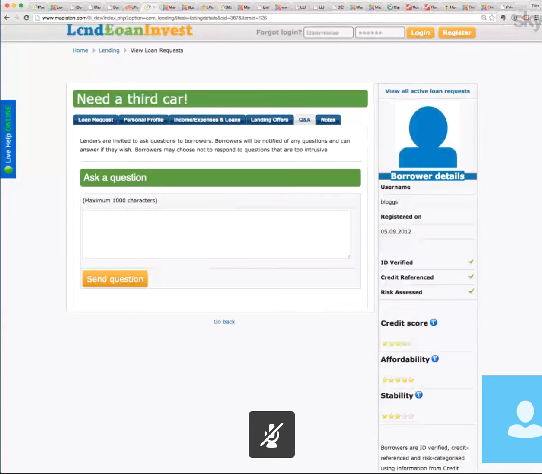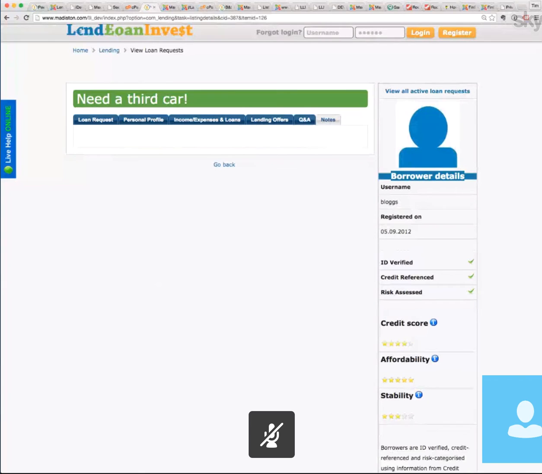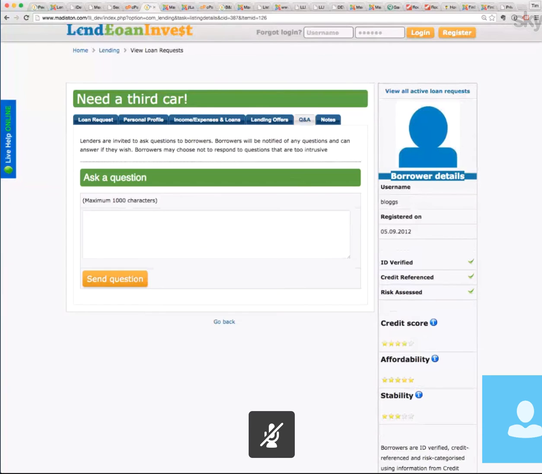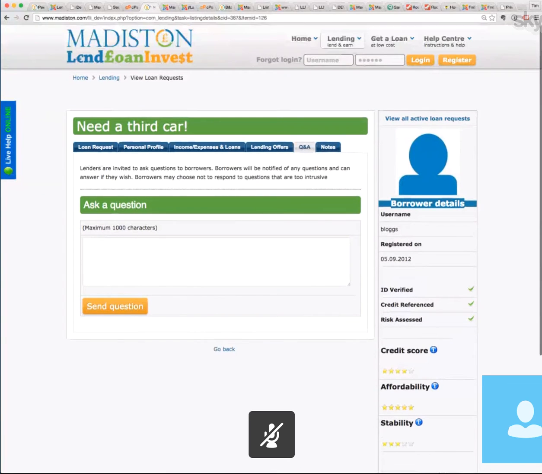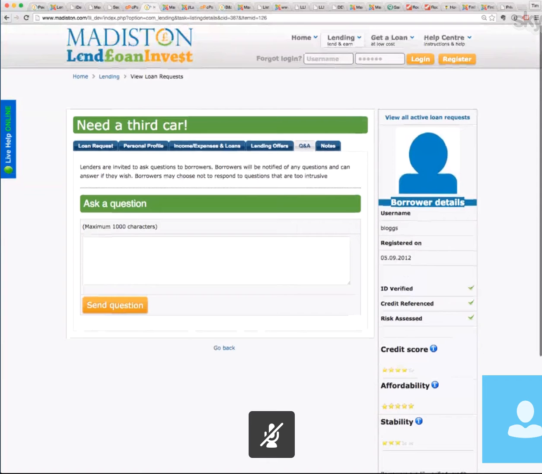Then there's question and answers. Now, the lenders can ask questions of the borrowers. It might be about their financial situation or about the loan purpose or whatever. And these are visible to everybody. So when a question has been asked and a borrower has answered, they remain there. Unfortunately, this one isn't showing any. And then finally, there's a notes tab, which are notes from the platform operator. So if the platform operator wants to say anything or annotate the loan in any way, that's their opportunity to do that. We'll quickly look at the one that's fully funded here,